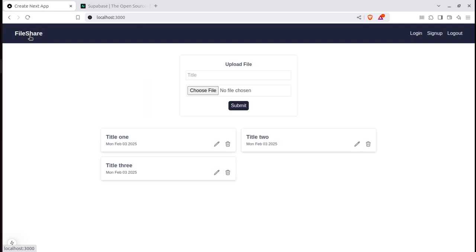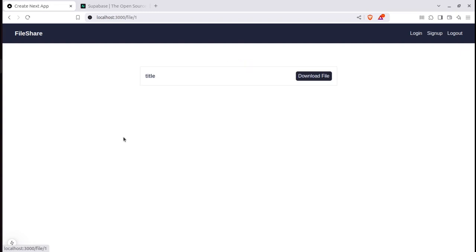And if I go to home page, so from this home page user will be able to upload file. The file will go to Supabase storage and its link will go to Supabase database. And here we are rendering content from database. User will be able to delete and update his own file, and if we click on any file's title it